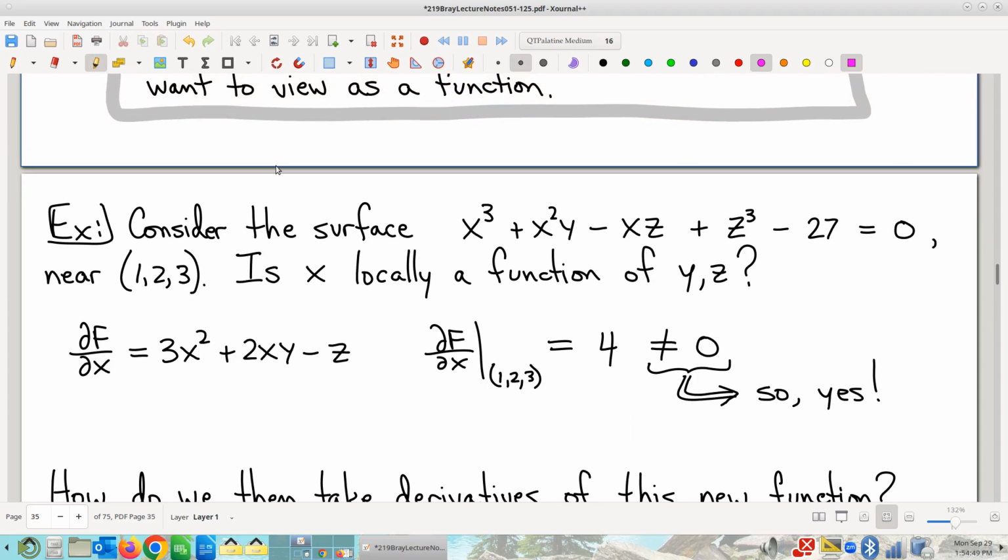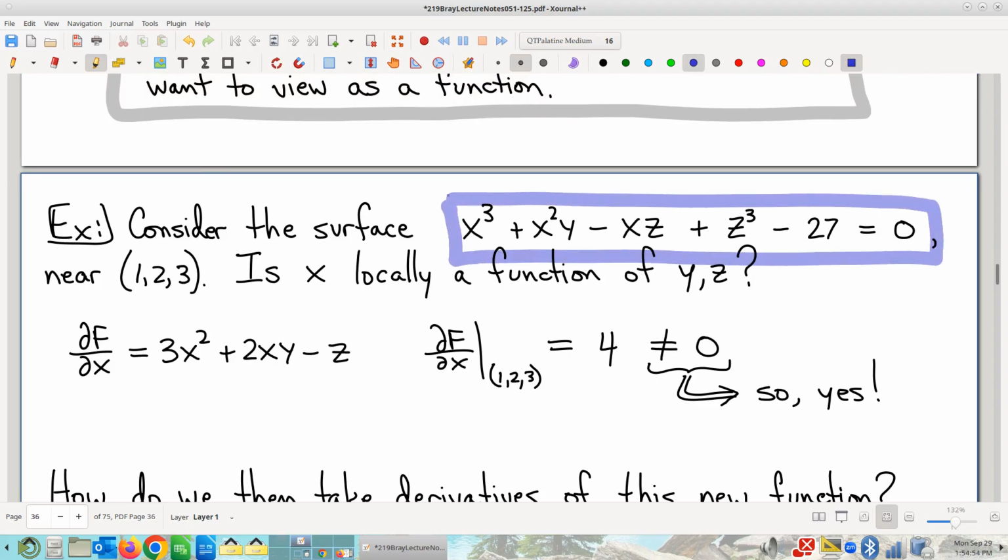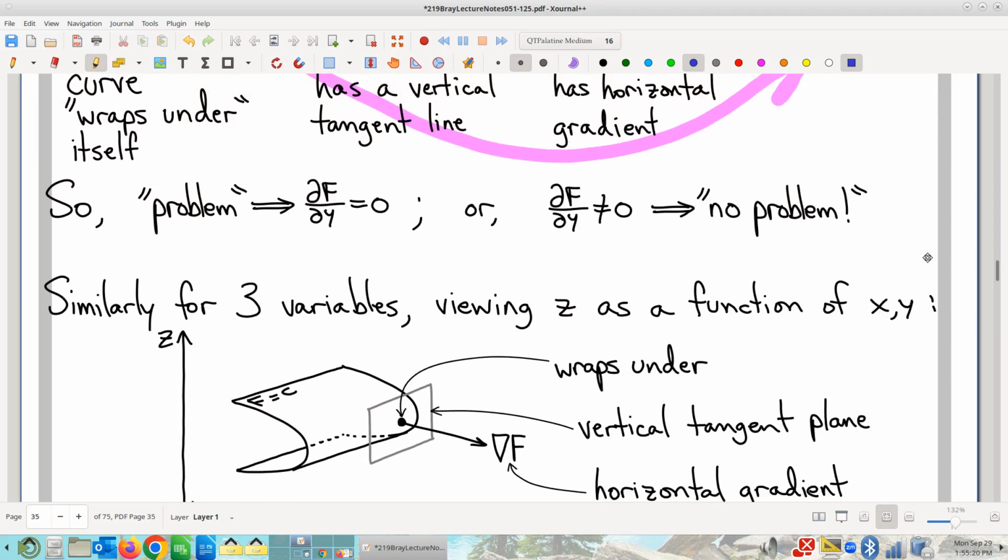Okay, now I did something convenient here. I got an equation describing a surface, and the convenient thing that I did, I set it up where it's already a level set. So just a heads up, life doesn't work like that, right? You know, we can't expect any way that it will. So if you have some equation where you've got stuff equals other stuff, just move everything over to one side of the equation. Make sure that it's been written as a level set, because, reminder, coming back over to the